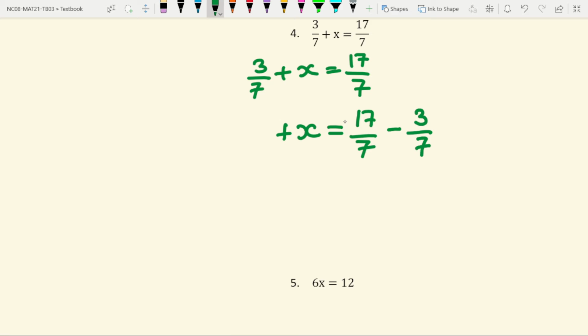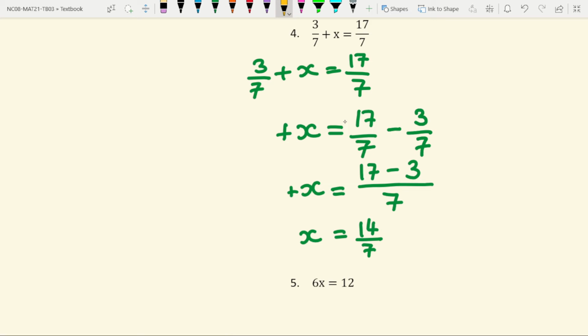You already know how to add or subtract fractions. For adding or subtracting fractions, the denominator should be the same. Here we can see that the denominators are already the same. So when denominators are the same, we combine them together. So it will become whole divided by 7. The numerator will be 17 minus 3. 17 minus 3 is nothing but 14. 14 by 7 will remain. And here only x is remaining, so we'll write plus x or only x.